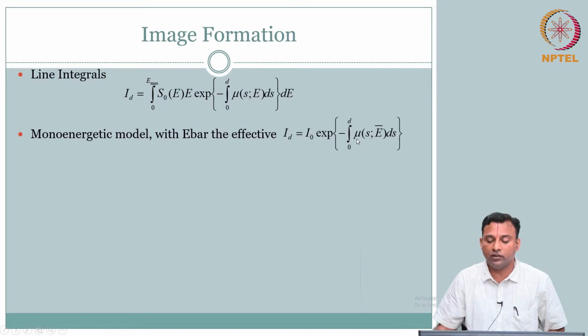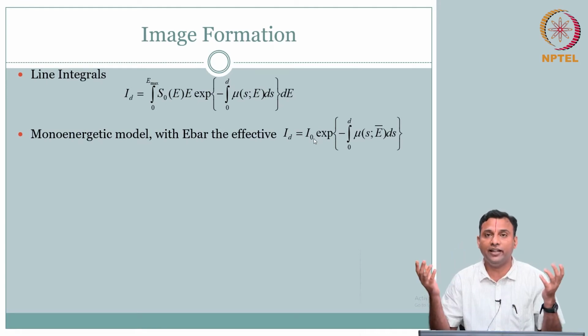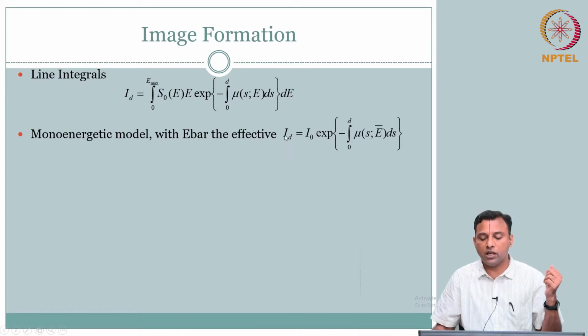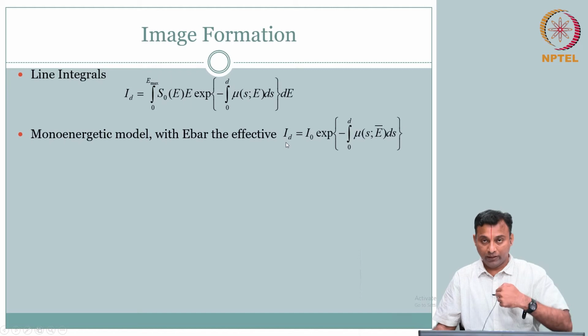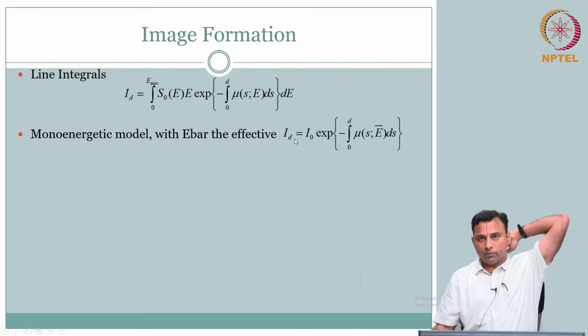Our objective is, what you are detecting. This I naught is not a big deal. What is this I naught? It is the intensity at the center of the detector when there is no object. That is how we used this I naught concept earlier. Essentially, you can get I naught from calibration without even the object, whatever you are sending at the front end of the body. ID is what comes out of the body.